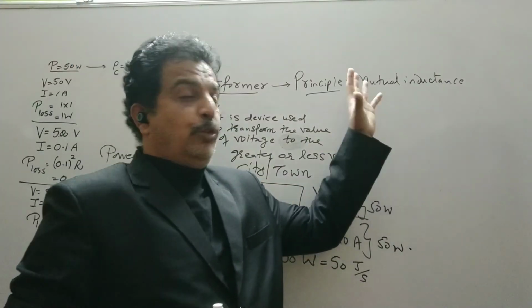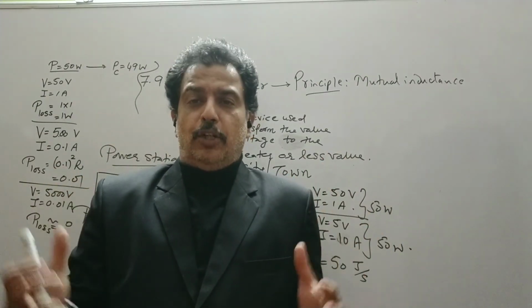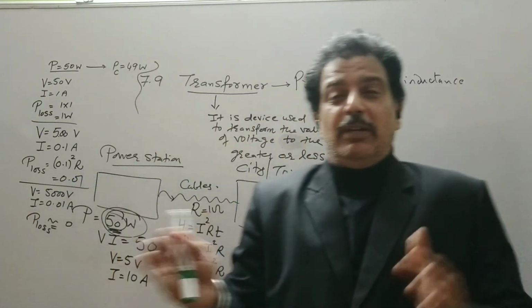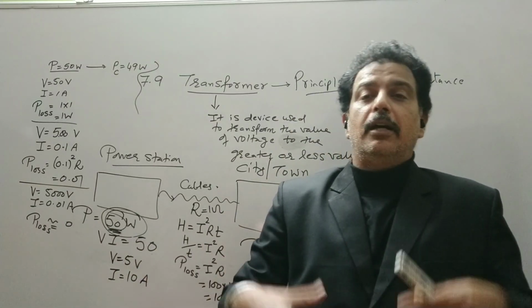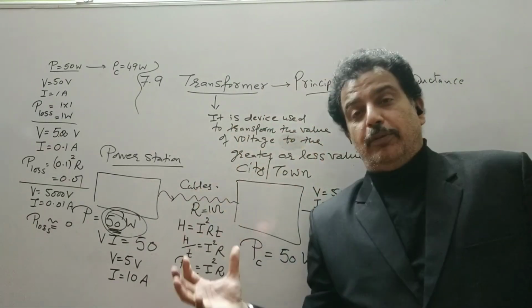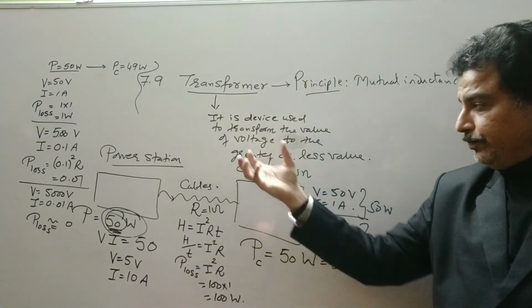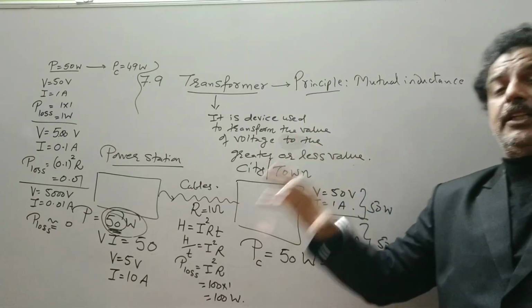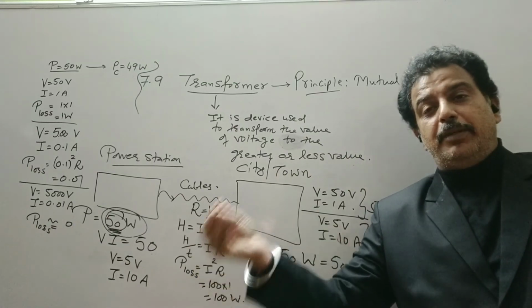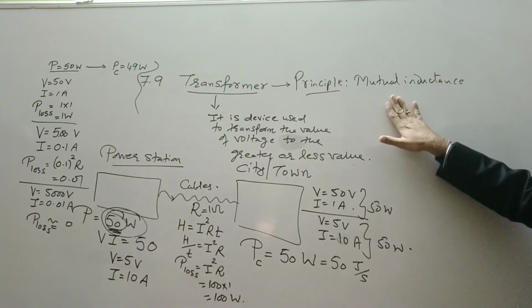And we know that in mutual inductance we have a system of two coils or two solenoids which will be insulated from each other. So in the coming lecture we will discuss the construction and working of a transformer. For the time being, keep in mind that a transformer will be used to increase or decrease the value of the voltage. If it is used to increase the value of the voltage, it is a step up, otherwise it is a step down, and it works on the principle of mutual inductance.